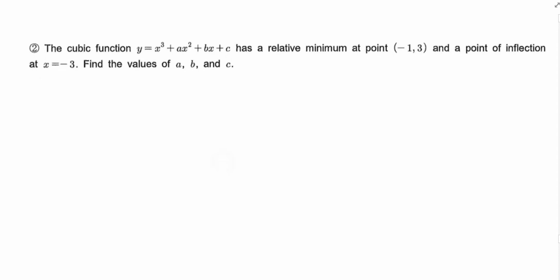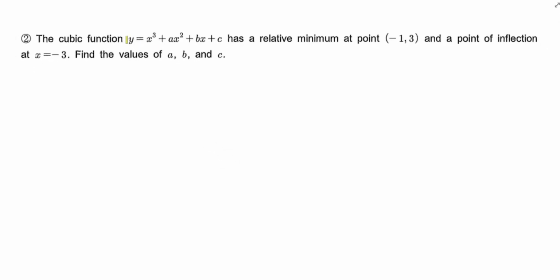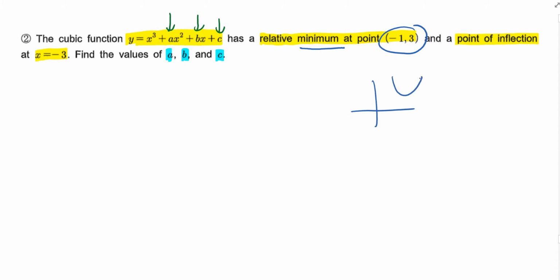So for question number 2, I have another cubic function, and it has a relative minimum at the point (-1, 3), and it also has a point of inflection at x equals negative 3, and I need to find the values of a, b, and c. So the values of a, b, and c are in your original cubic function here. Okay, so if you have a relative minimum right here, what that means is the point (-1, 3) is a relative minimum, so it's an actual point